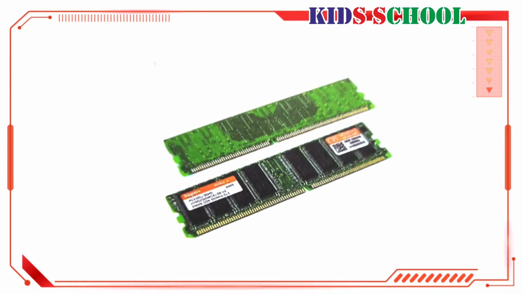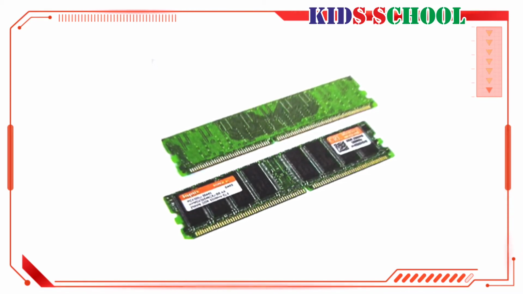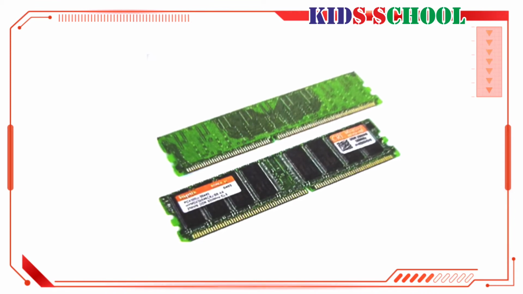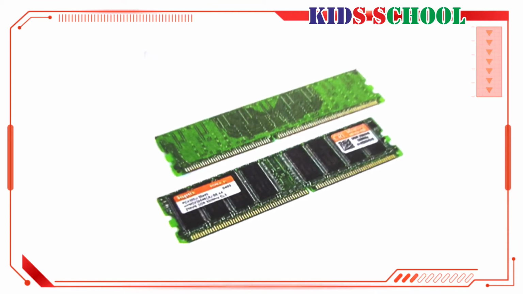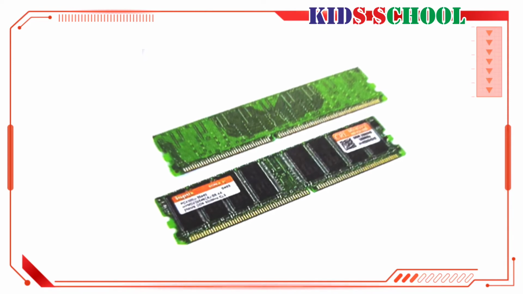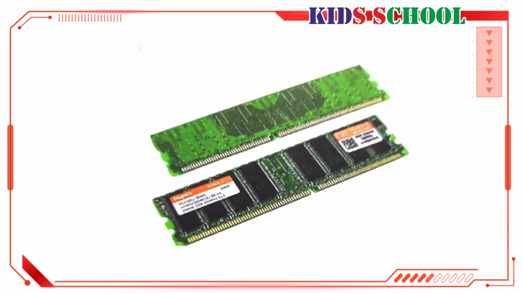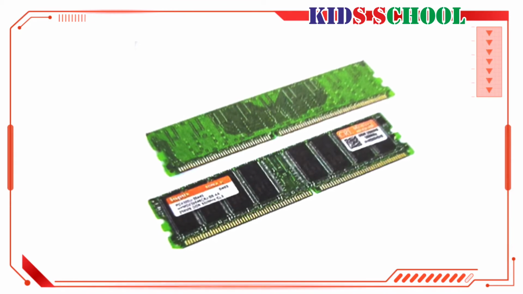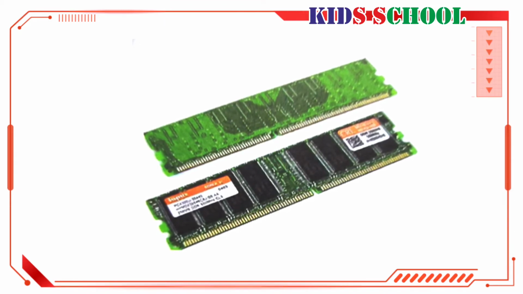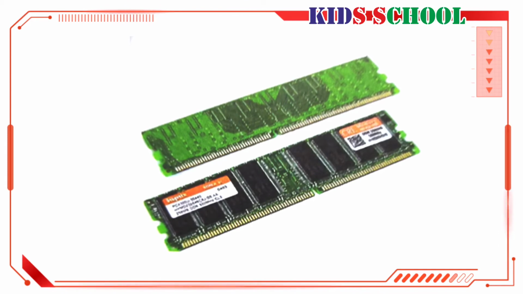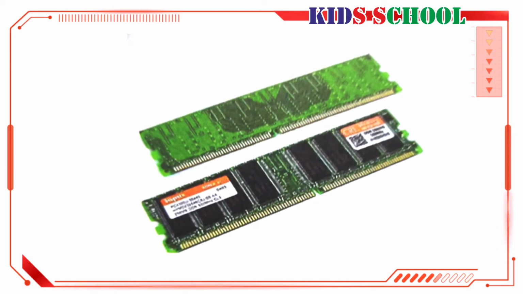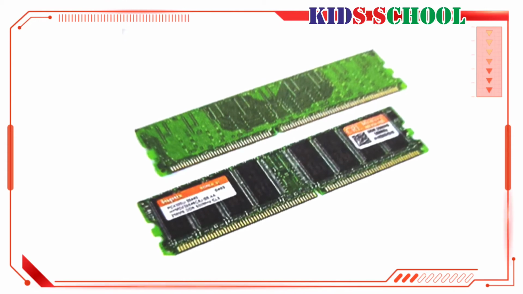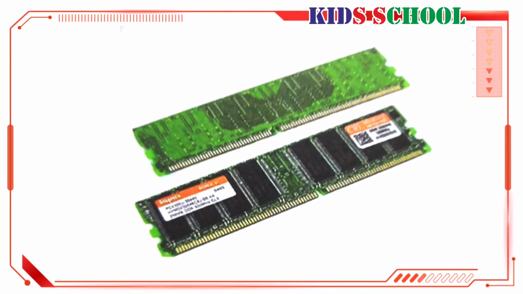The storage capacity of RAM affects the performance of a computer too. The more the capacity of RAM, the faster the computer can work. RAM is further classified into static RAM and dynamic RAM. The static RAM, SRAM, retains its contents as long as the computer is on. The dynamic RAM, DRAM, loses its contents in a short duration of time even if the computer is on.